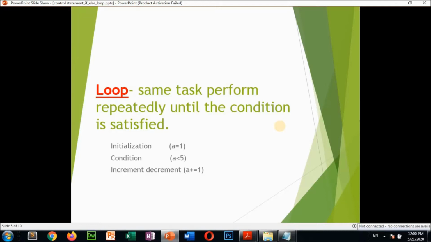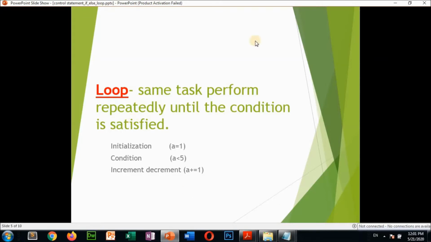After that, when the condition has failed, that means if you are promoted from class 12 to, suppose, degree or higher education, then that is not there in our school. So your condition is failed then. That is the real life example I have just given you. So that is the loop: if the same task repeats until the condition is satisfied, that is known as looping.